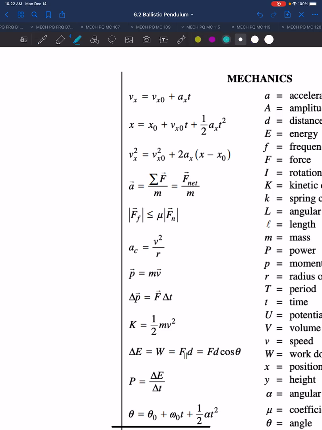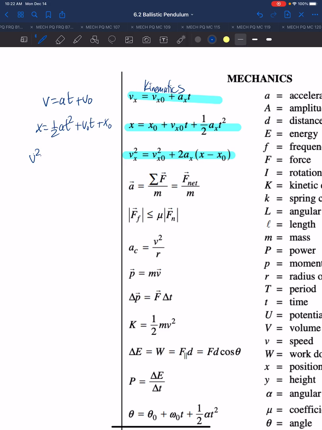of formulas, which I'll color in blue. And these are the kinematics formulas. That's their topic, so they are kinematics. And the versions of these formulas that I have used and taught you are v equals at plus v0, x equals 1/2 at squared plus v0t plus x0. And the third one, v squared equals v0 squared plus 2a delta x, which is one that you don't really